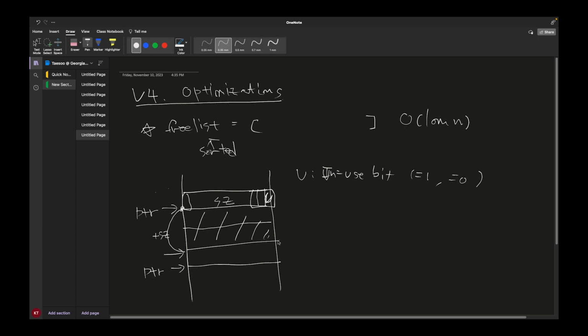And then we're gonna check the use bit, right? So given a pointer, we can quickly check whether the next object is free or not by this simple arithmetic, right? Given this pointer, we're gonna add the size and just read and check whether the first one is used or not, right? So that we can do the forward